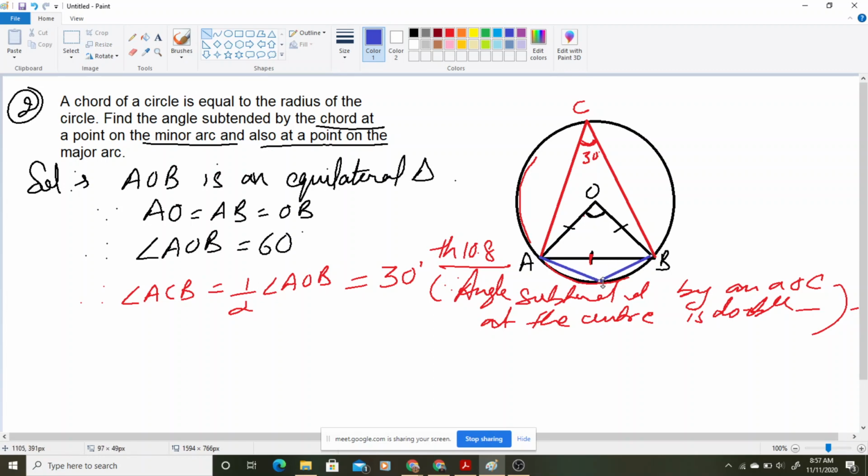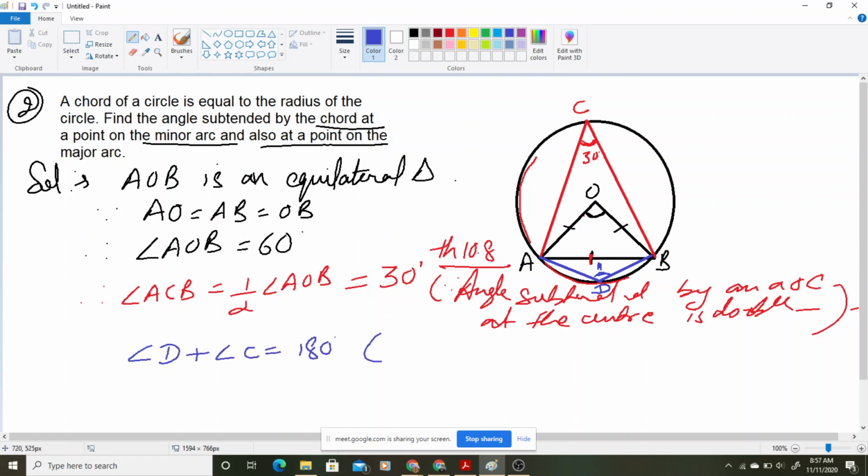This one, this angle also it is asking. So you know one thing, we just read theorem 10.11 that the opposite, now it has become a quadrilateral. If I am taking this one as point D, this A, B, C, D become a cyclic quadrilateral ADCB. So this 30 plus this angle 1, if I am taking this angle D, so angle D plus angle C will be how much? Angle D plus angle C, it will be